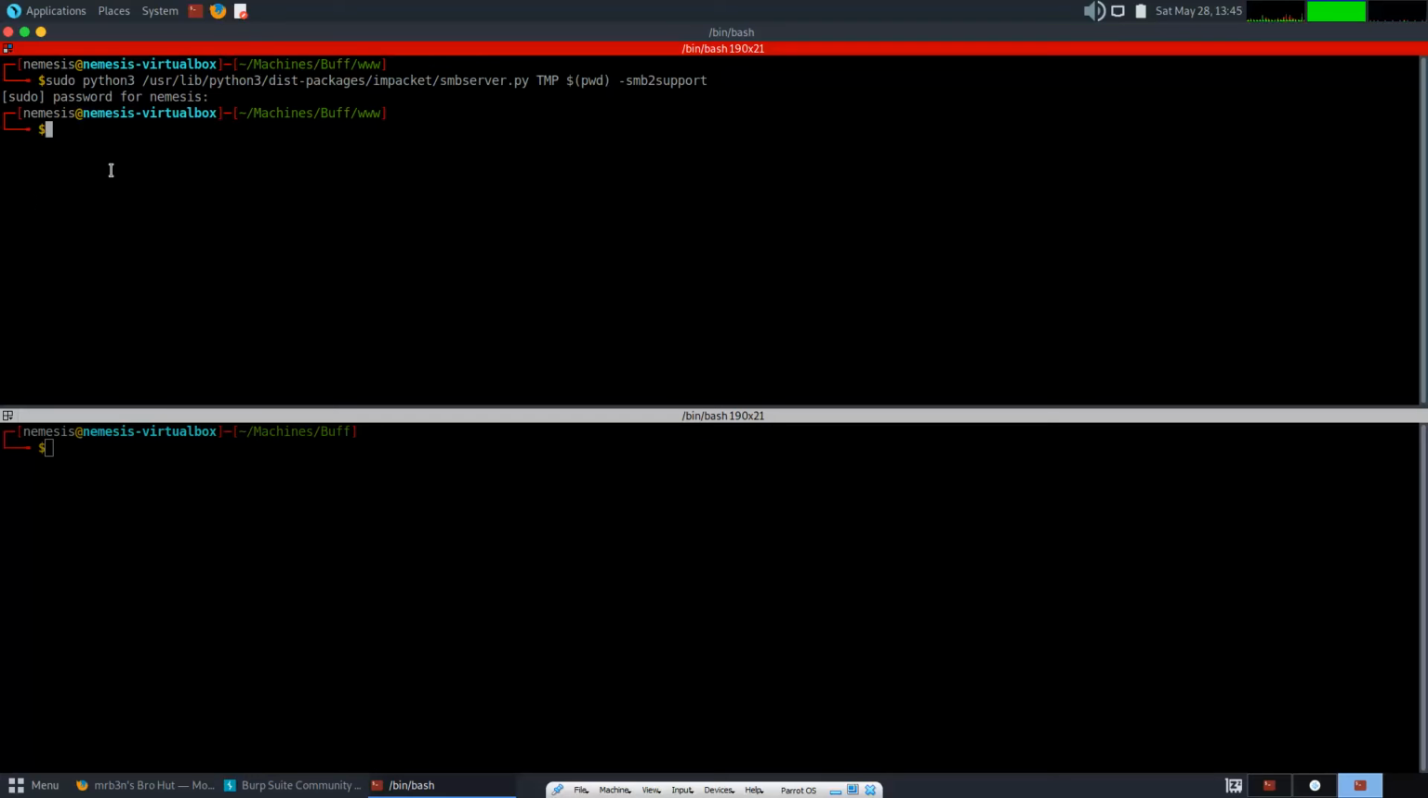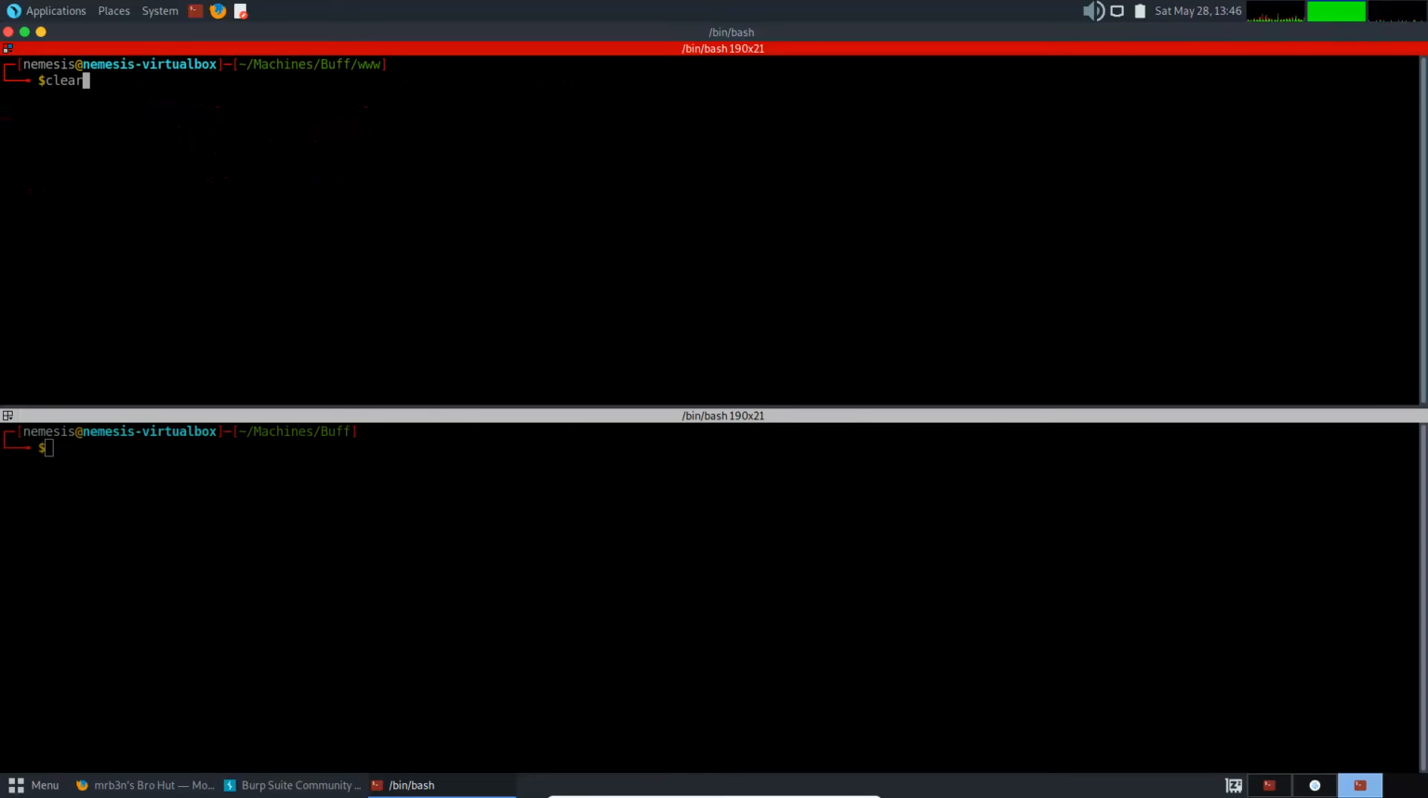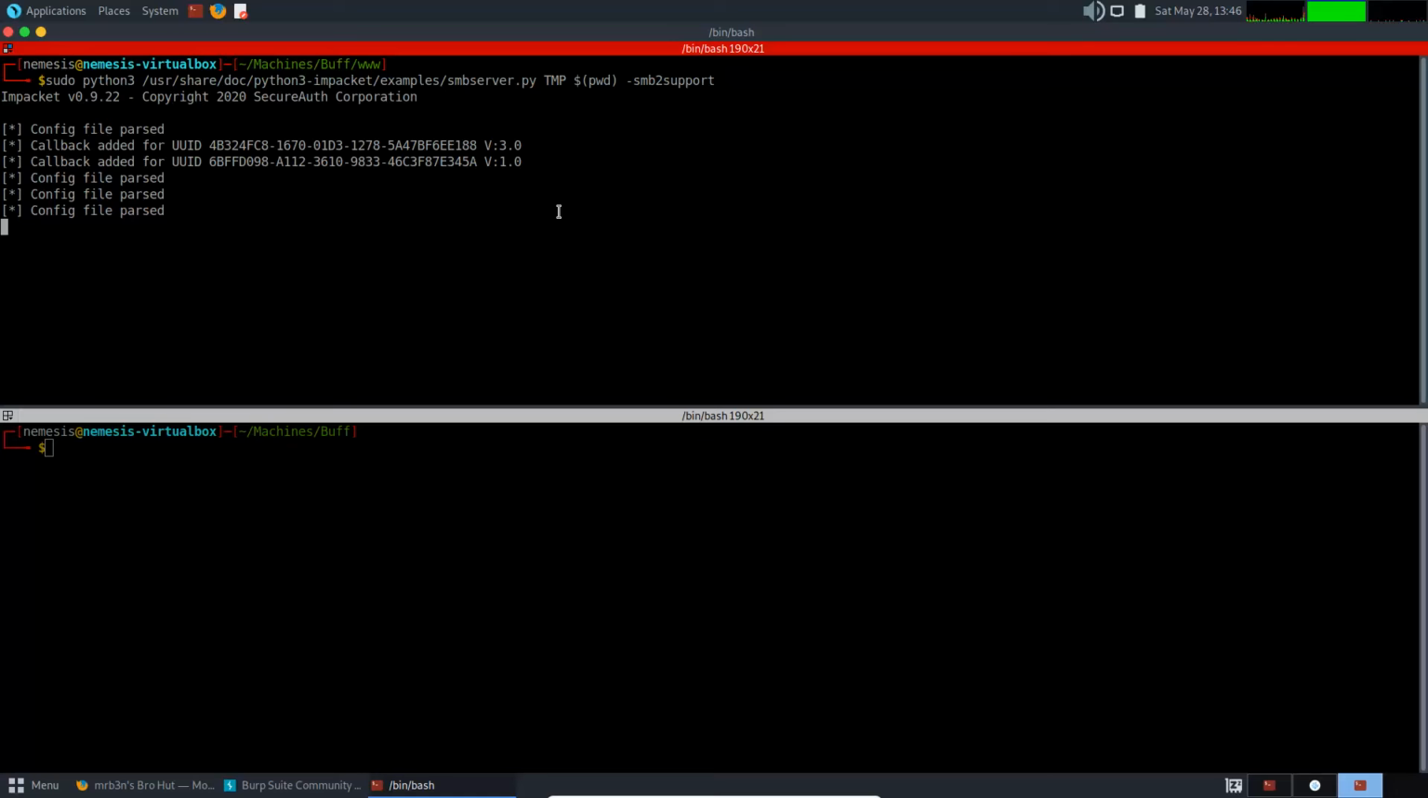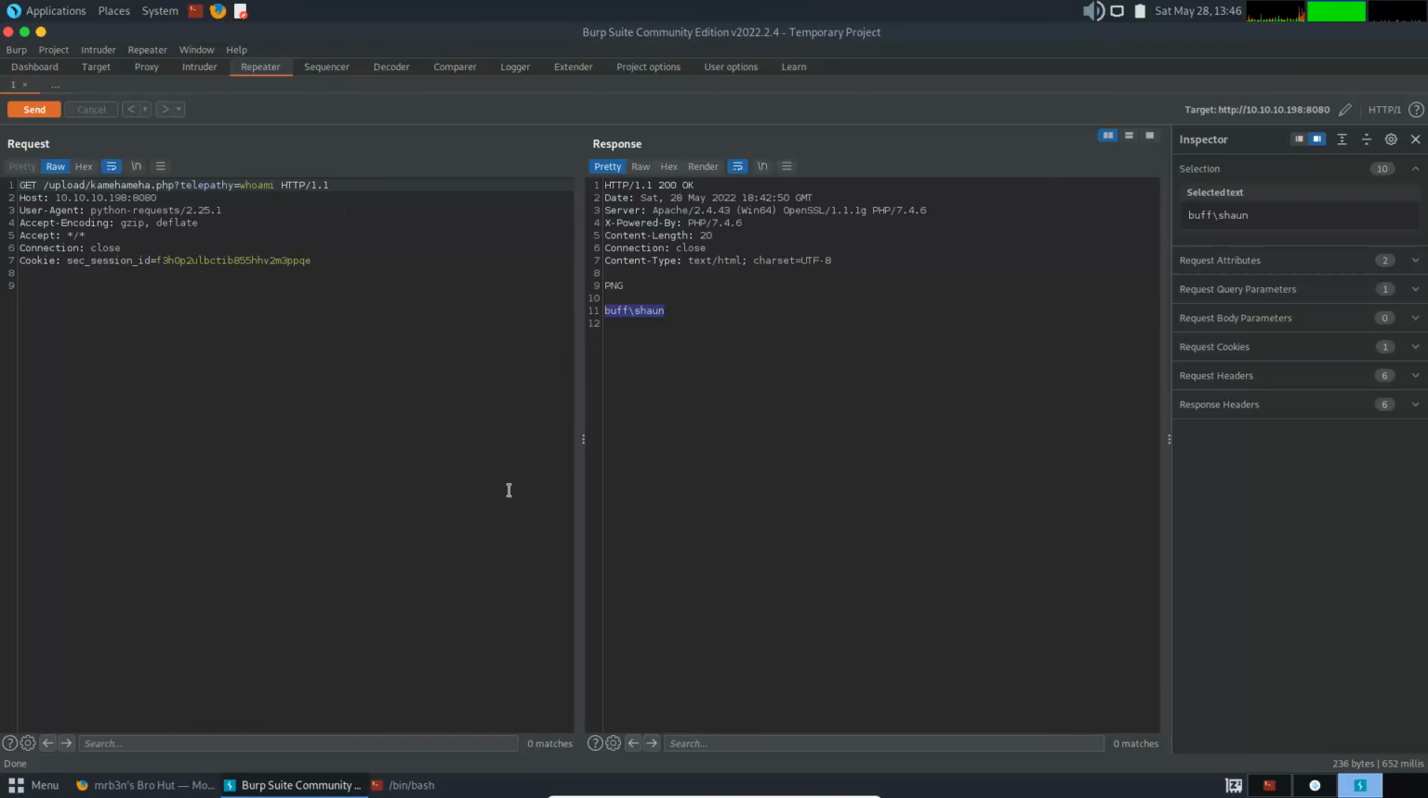That didn't work. And it didn't work because I think I used the wrong one. So if I go here and then delete this and then use this guy instead, Impacket. Got an extra space there too, don't I? Okay, now let's try it. Okay, that worked. Okay, so we have an SMB server and we have command execution in Burp Suite, so we